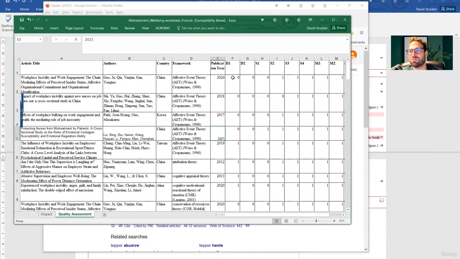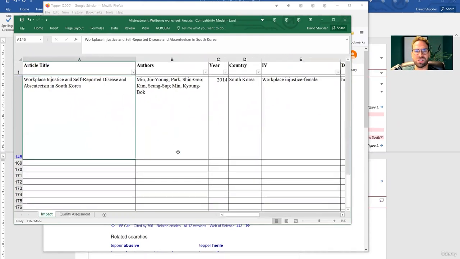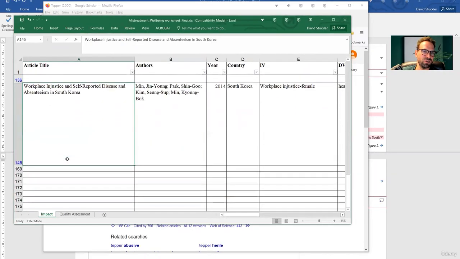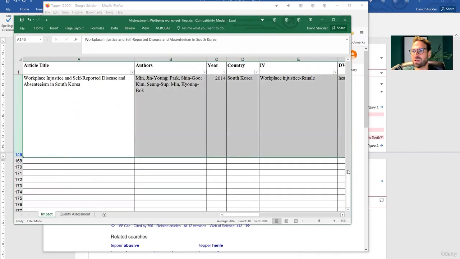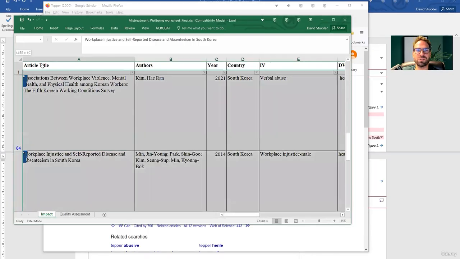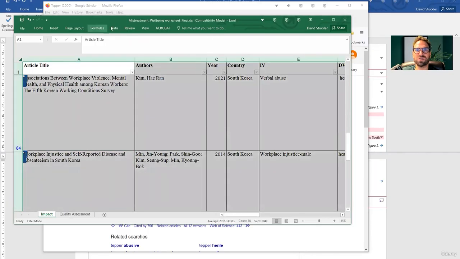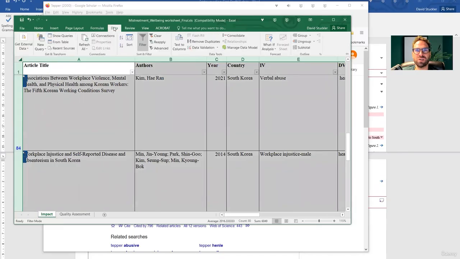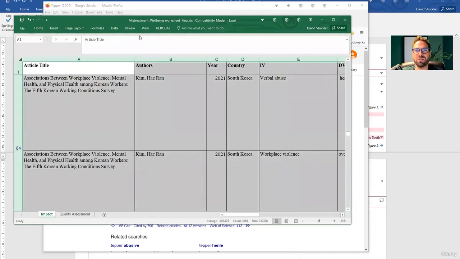Also, one thing. This is your quality assessment. Okay, this must be your extraction table here. Okay, it's hiding some of the articles. Some weird stuff is going on. Let me see if I can get rid of the filters.